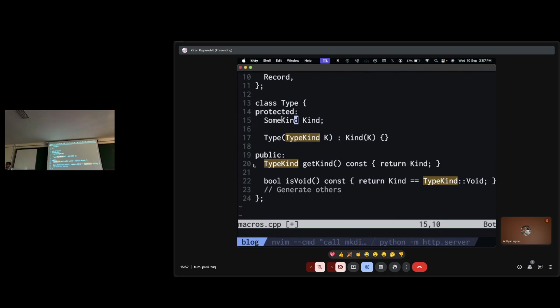And then I can just do dot to replace all instances of type kind with some kind, right? This is what a simple repetition is. What a complex repetition does is that you can store all these moves and everything, and then you can repeat them again. This is more generally known as macros. So let's see how we might go about doing it.